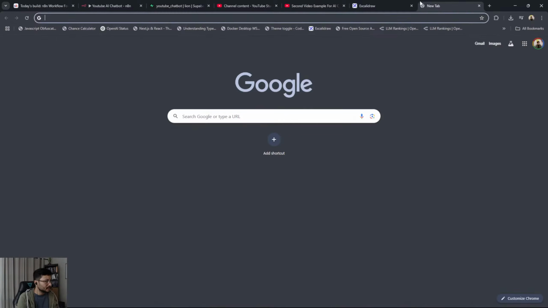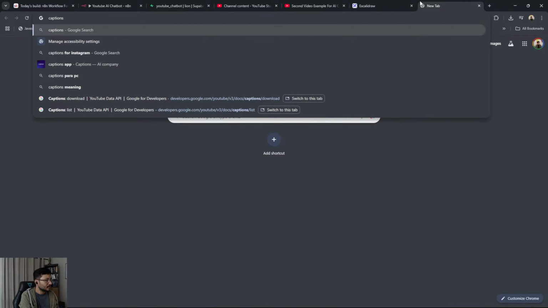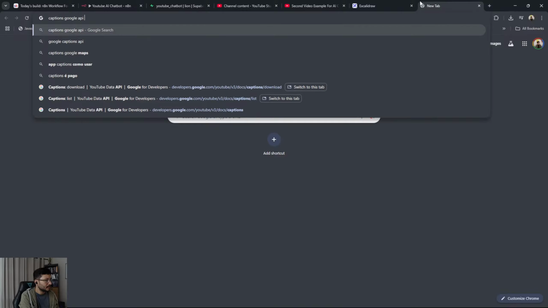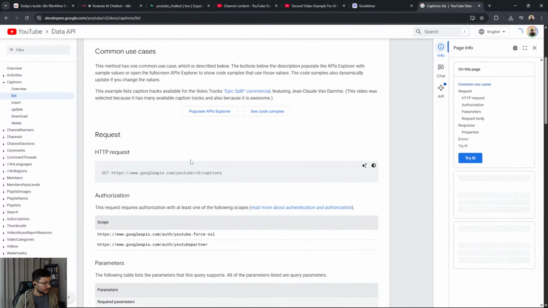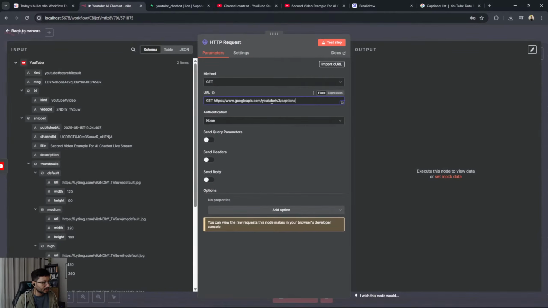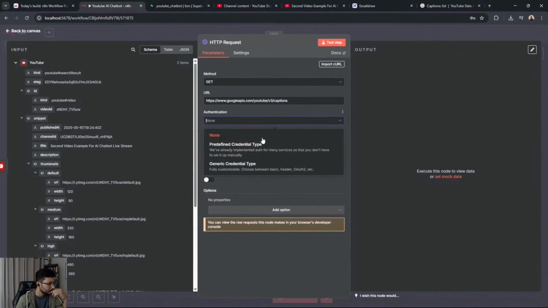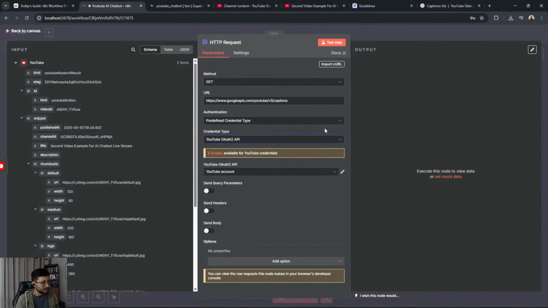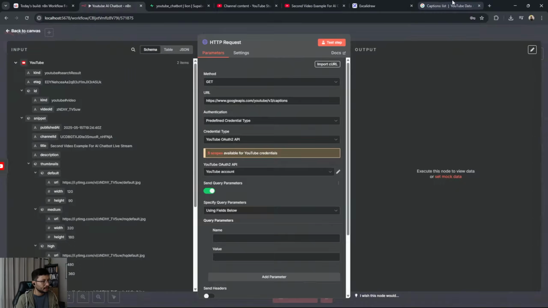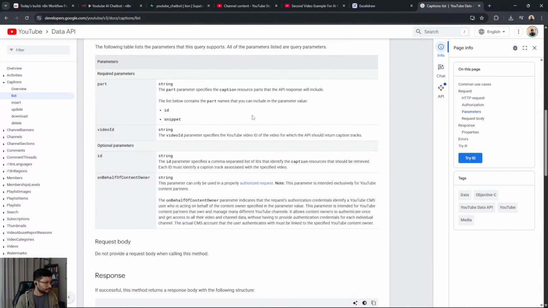For the URL, let's see. Captions, Google API, YouTube. So I want to list the captions available. It's this endpoint right here. Let's copy that over here without this get. The authentication should be a predefined credential type of YouTube, and then we select the OAuth2 API. This right here. Query parameters should be